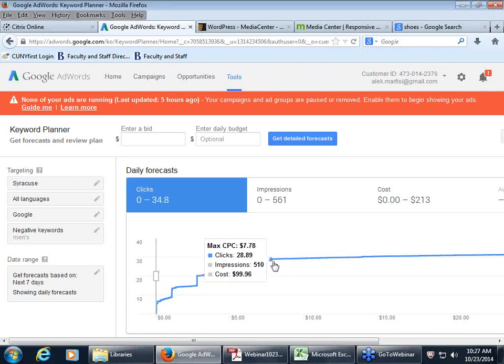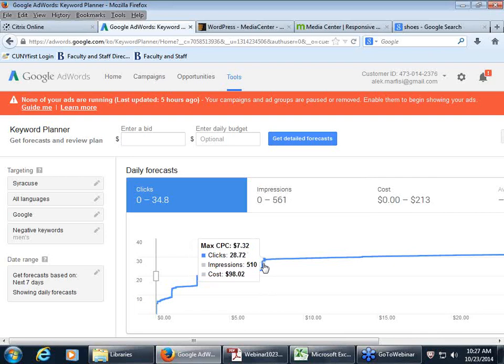You continue to bid $7, $8, $9, $10 per click, and you're still getting roughly 28, 30 clicks, and it doesn't really go up much higher than that. That's because at a certain point, you've bid so high that you're always winning that auction on space on the Google search page. You're always winning that first position.